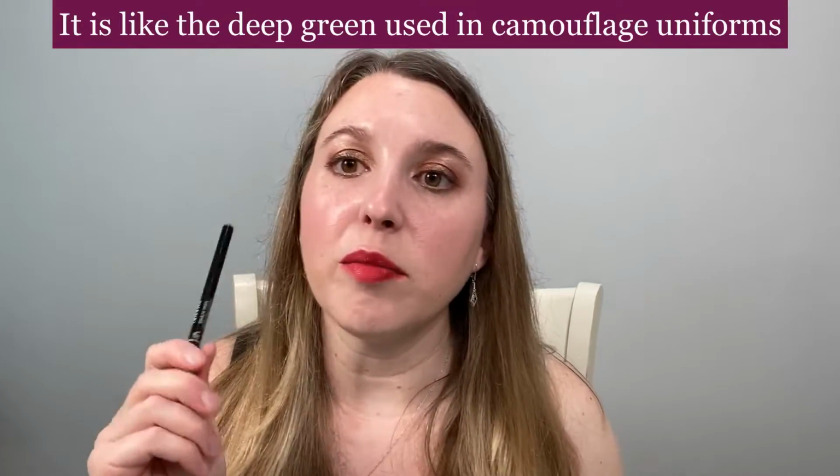So I like this shade, but it was a limited edition shade. I think this came out with the holiday collection for 2019, but I don't think it's available anymore. Okay, and then I also have 2 of the newer liquid eyeliners from Chanel, and I love these, and actually